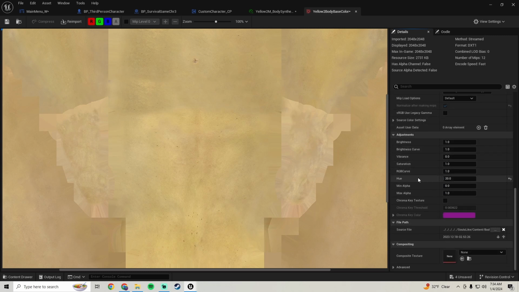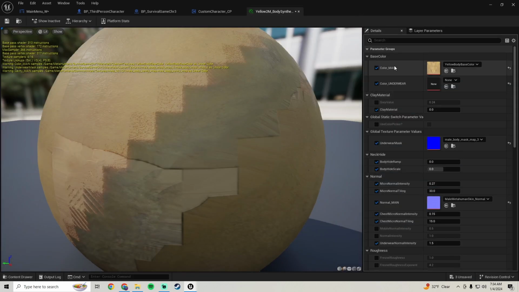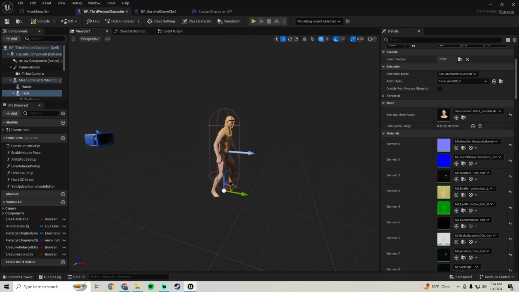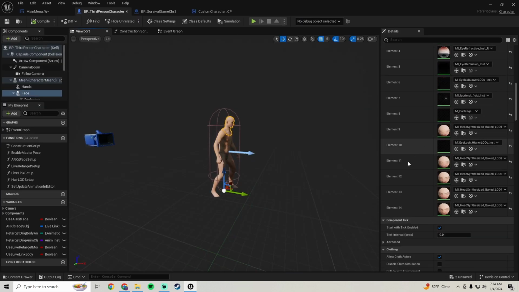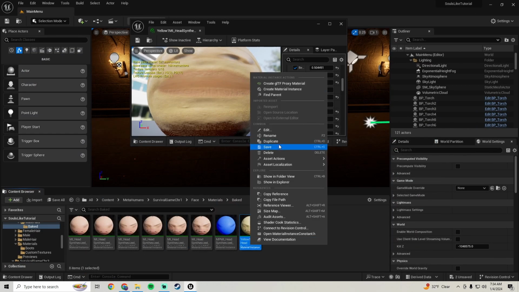make the changes you want to make. I'm just going to increase the hue by 20, so I'm going to set it to 40, like that. Save, close it, set that as the new texture for your material. Save, and close that. Now we need to do it to the face, so click on the face, find your material, duplicate it,